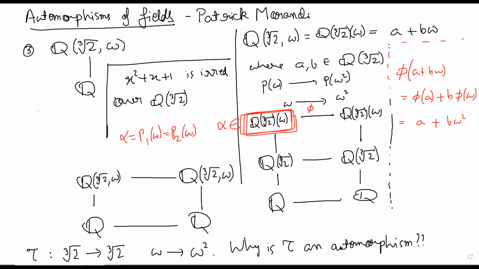Is that possible? Yes, it is possible, because two different polynomials can evaluate to the same thing at omega, right? You may write it in two different ways. Of course, you might be thinking that these are linearly dependent, it's a basis, and so on. You may be thinking in that direction. That is fine,